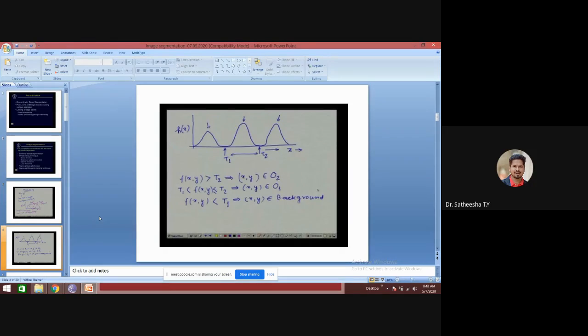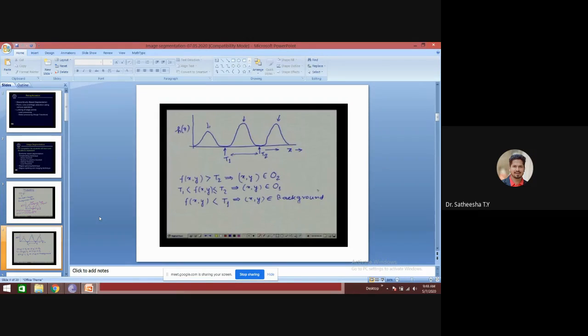So here our decision rule can be something like this: if we find that the intensity value f of x comma y at a pixel location x y is greater than the threshold T2, then we say that the point x comma y belongs to, say, object O2.